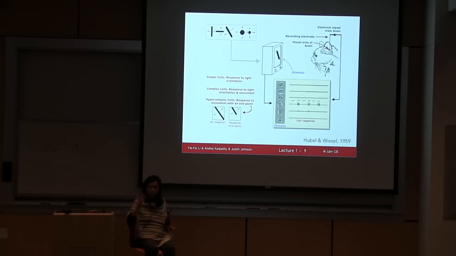Primary visual cortex, the first stage or second, depending on where you come from, I'm being very rough here. The first stage of your cortical visual processing is in the back of your brain, not near your eye. It's very interesting, because your olfactory cortical processing is right behind your nose, and your auditory is right behind your ear, but your primary visual cortex is the furthest from your eye.